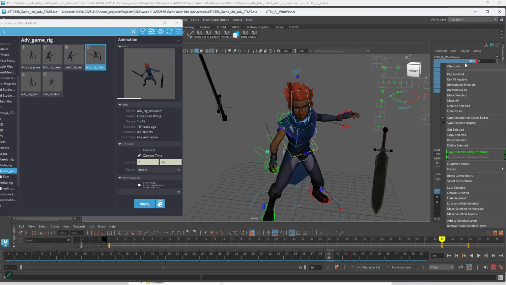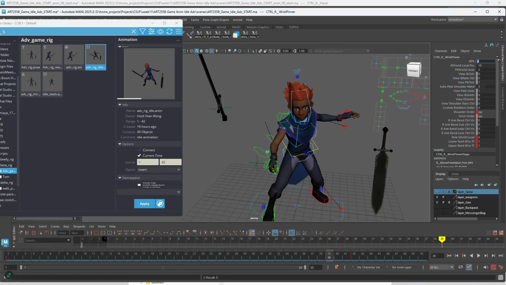This key breaks all this. Delete selected. IK control. View. It still doesn't work because the parent is set to a different place,